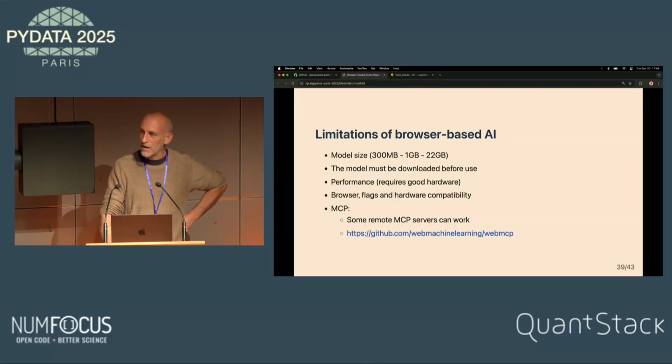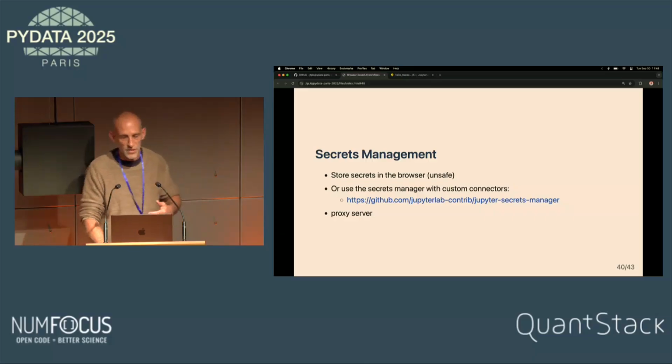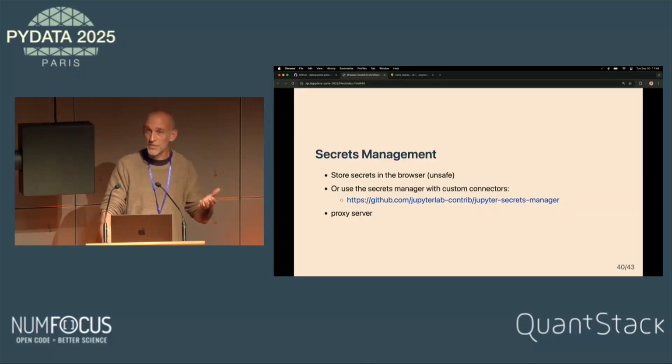Yeah, and now another challenge we had with in-browser AI was about secrets. I will go quickly with that, but as soon as you have all the data in the browser, to call an API like OpenAI or Anthropic or whatever, you need some key, and it's a challenge.